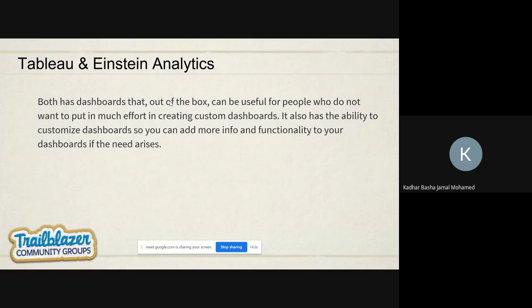Those records have some values and some indications. If we focus more on the opportunity object, we have some records that are opportunity based. If we have a CRM based company, we have some opportunities. We focus on the stage field values. If the opportunity is closed won, we have some benefits. If the opportunity is closed lost, it means we lost the opportunity from the client. So these are the things.